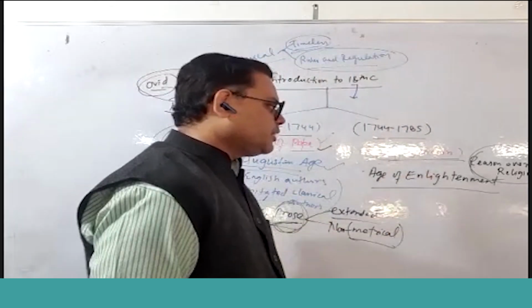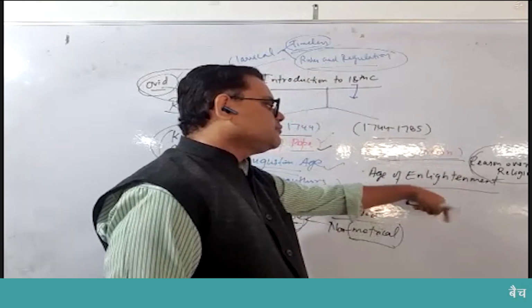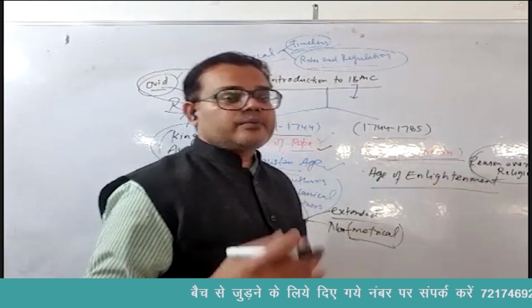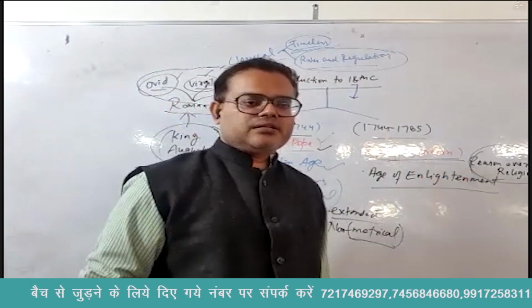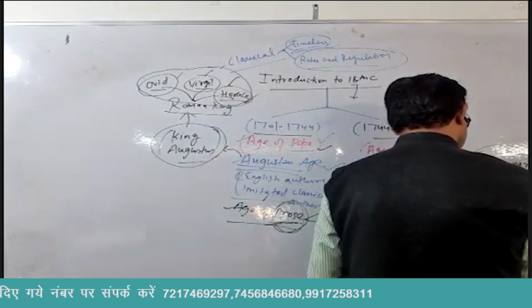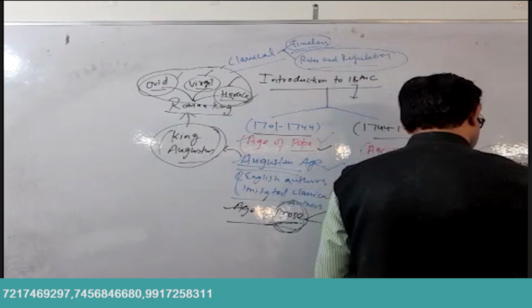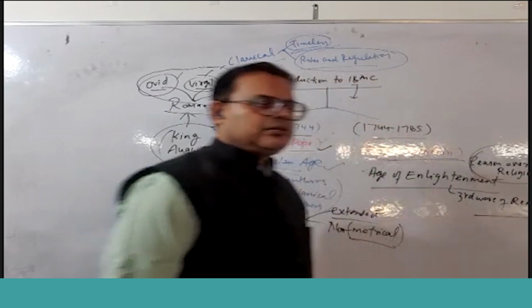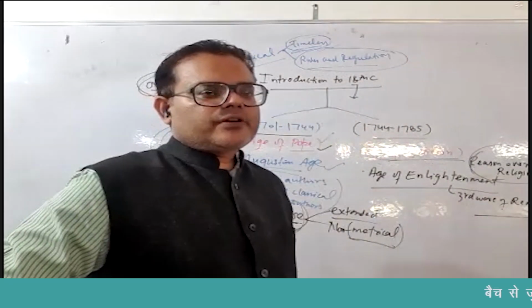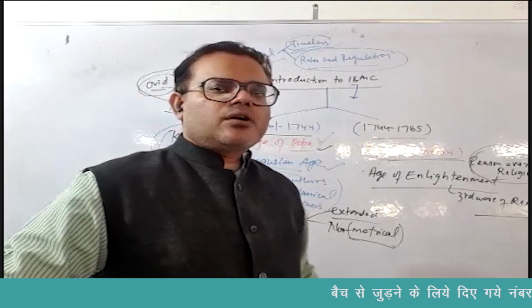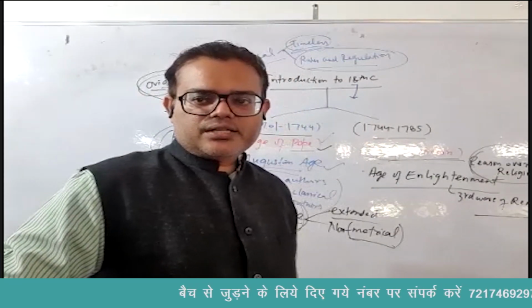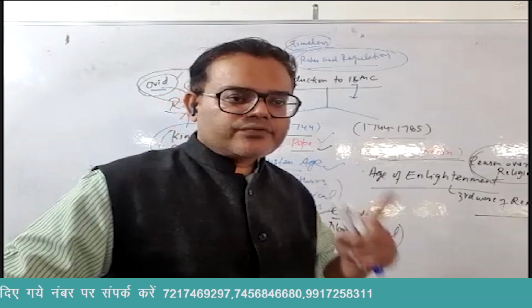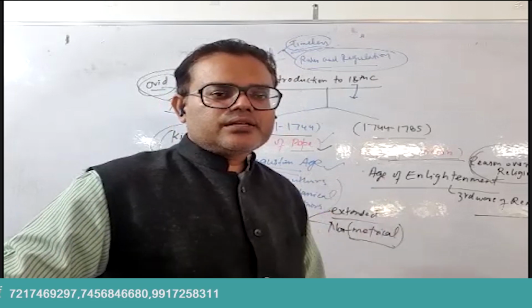And most importantly, in this age, we see various social reformers. This age, the Enlightenment I am talking about, is famously called the third wave of Renaissance. To catch up with the first two waves, the first wave was called Renaissance only, appeared in the age of Chaucer and culminated in Shakespeare. We called that the flowering of Renaissance. That was the first wave. The second wave appeared in the 17th century, Milton and Dryden.